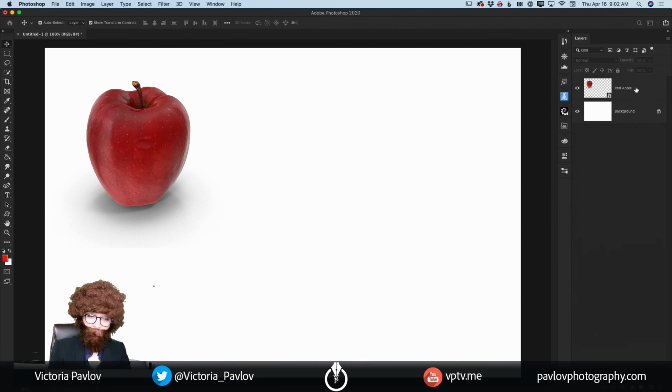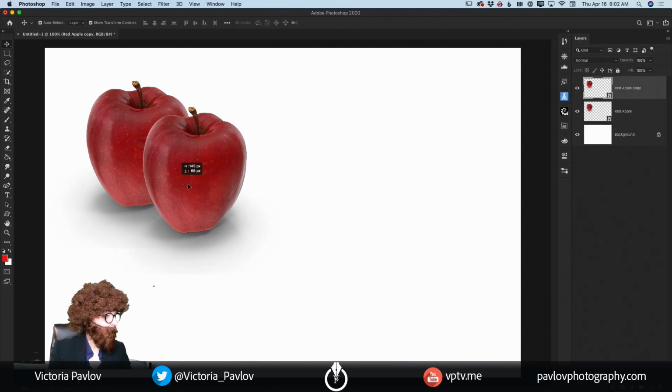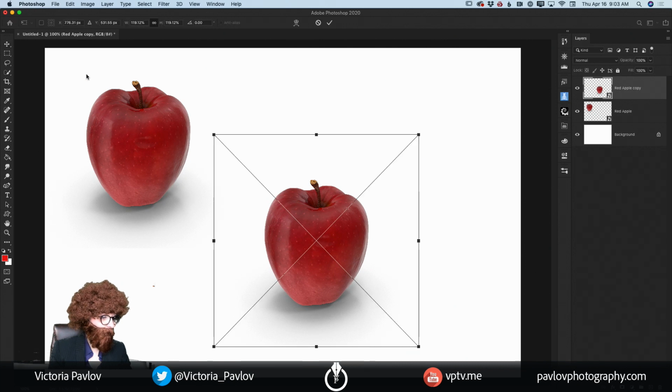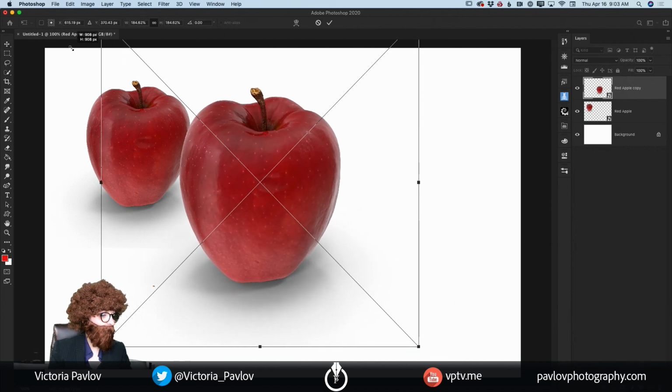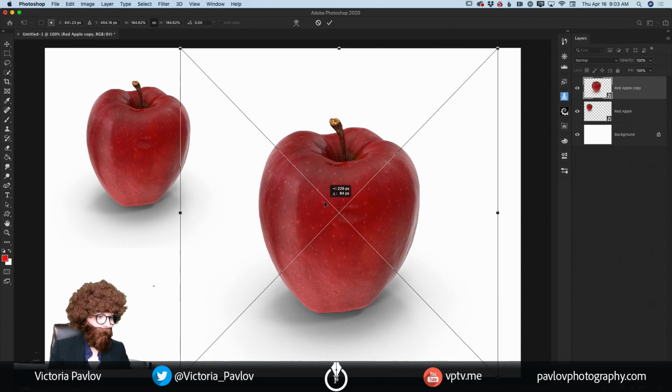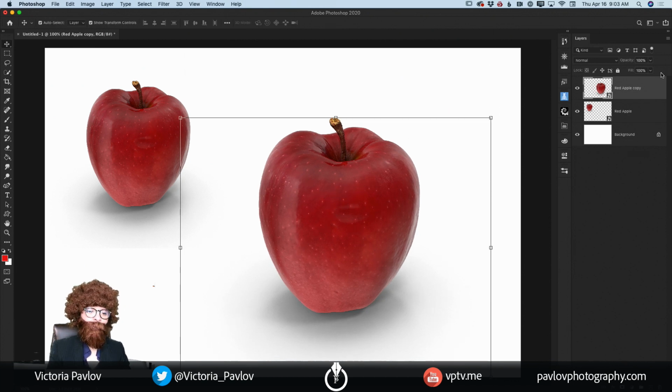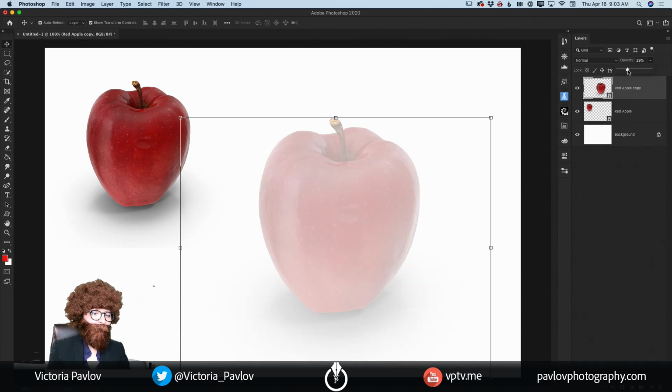So for you, I will duplicate my apple layer just like that. I will move it. I will increase the size of my apple to the size I want to paint my apple with, just like that. And I will bring the opacity of my layer down. I don't need this apple to be so